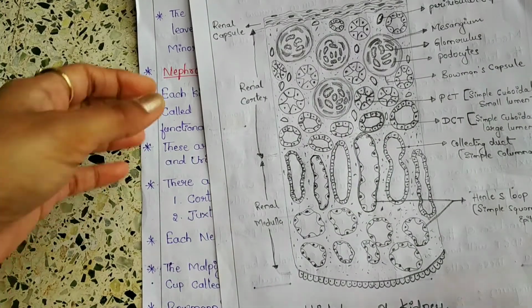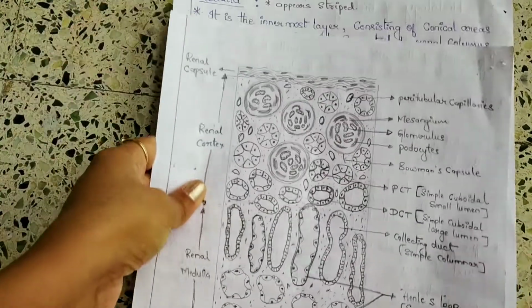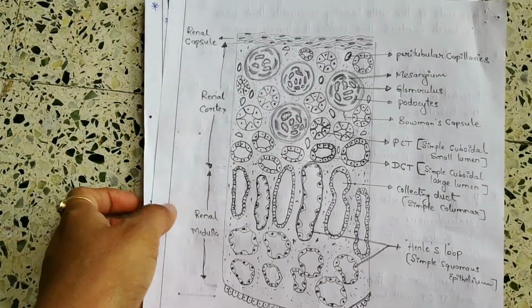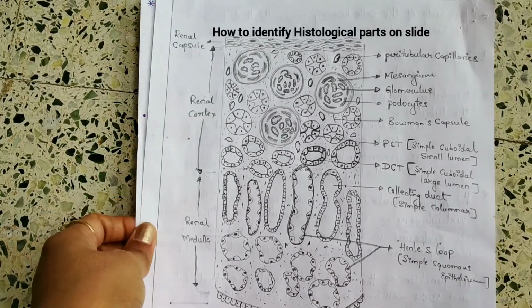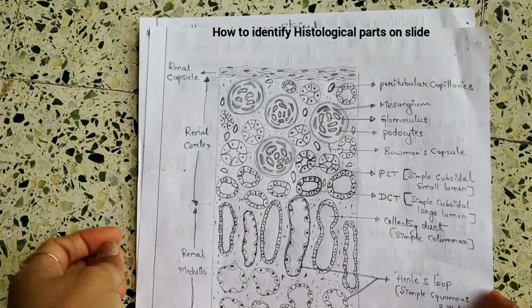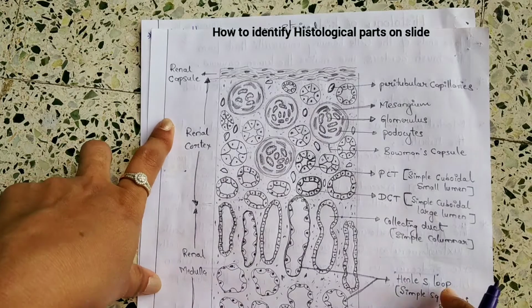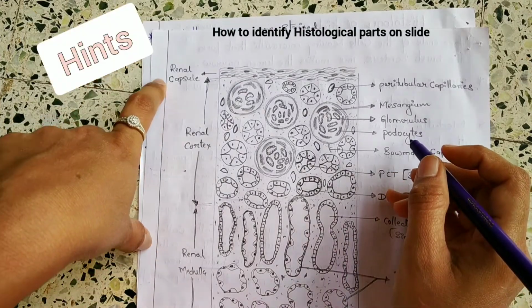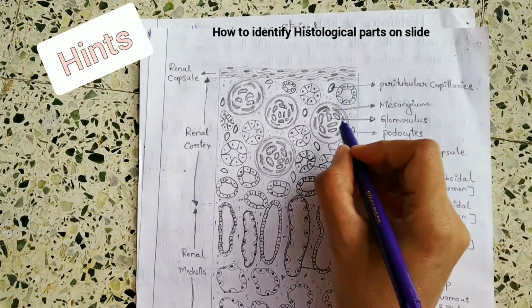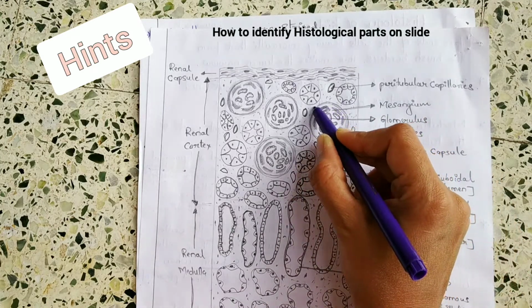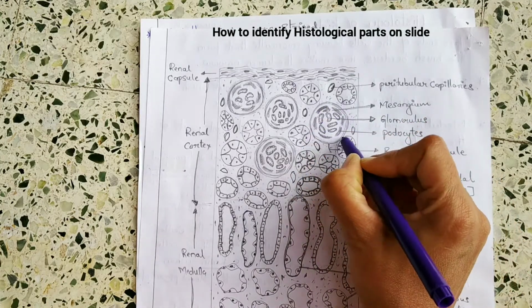If you look at the diagram here, this is the histology of the kidney. This is how it looks under the microscope. And how can you identify the histological parts of the kidney when you look at the slide? Here are some hints that I am going to explain. When you look at the slide, something present like this is called